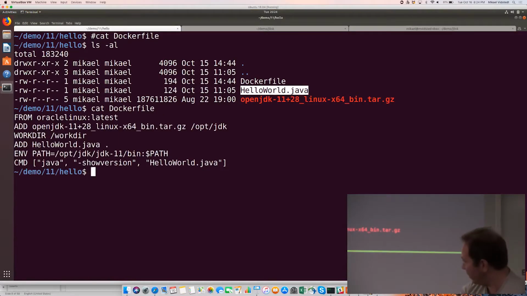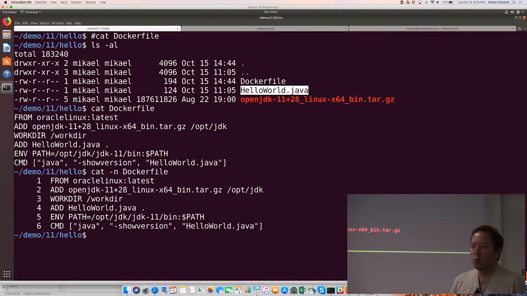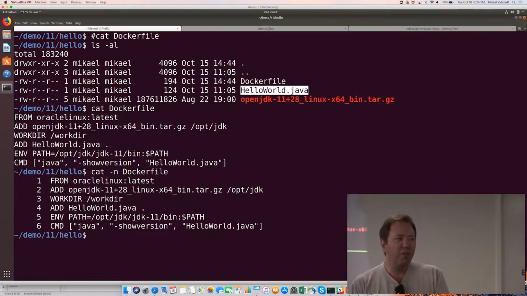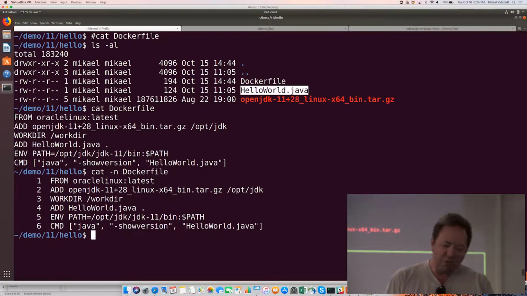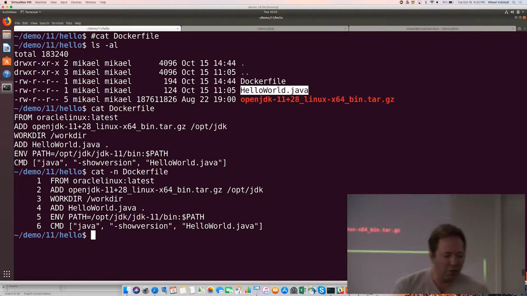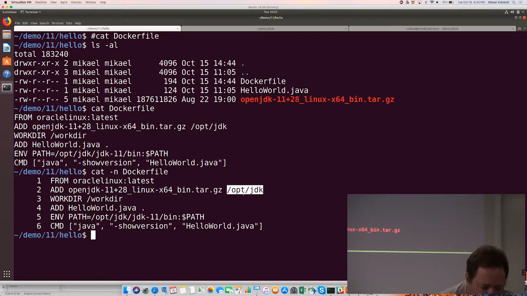If we have a look at what's inside of that Docker file, you'll see a few different lines. On line 1, we're saying we need to base it on something. We have the JDK, but it still needs to run on something. In this case, I'm picking up Oracle Linux because I work at Oracle. If you want to use your other favorite Linux distribution, please go ahead and do so. We're saying take the JDK and put it inside of this image. So now we have the base image with the operating system stuff in it. We have the JDK. I installed it in the opt.jdk directory.